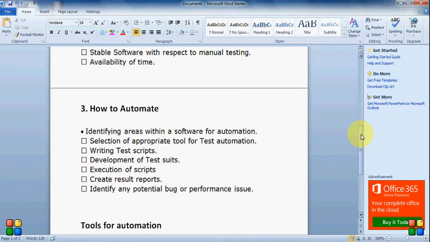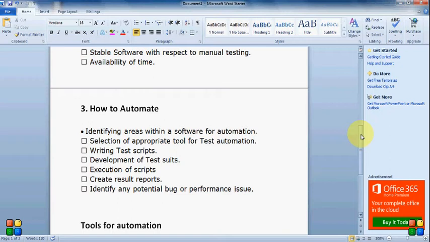Once you have decided what area you want to automate, the next step, according to the requirement, is to select the appropriate tool for the test automation. The next steps are writing test scripts, then development of test suites, execution of scripts, creating result reports, and identifying any potential bug or performance issue. So this is how you can automate. This is a little process for that.